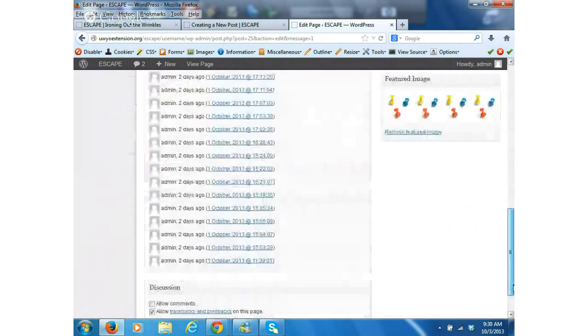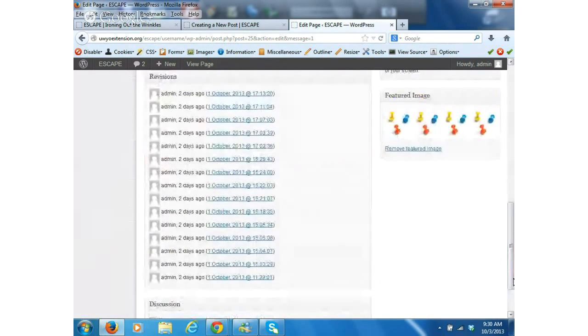And then scroll to the bottom of your page. Yeah, I played on this page a couple of times. Exactly. I actually don't know how many revisions it will save for me. I've never maxed it out at this point, but usually it'll be something that you'll think of that day or the next day. So you just go back in and you can click on one of your revisions,